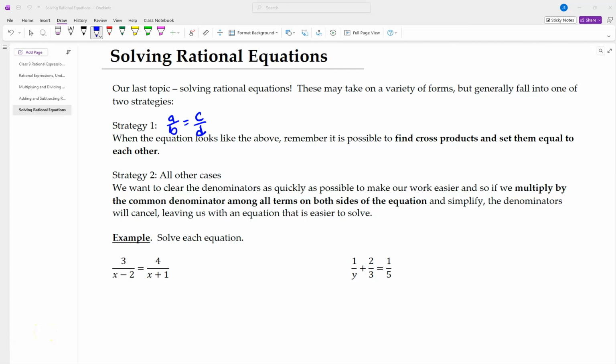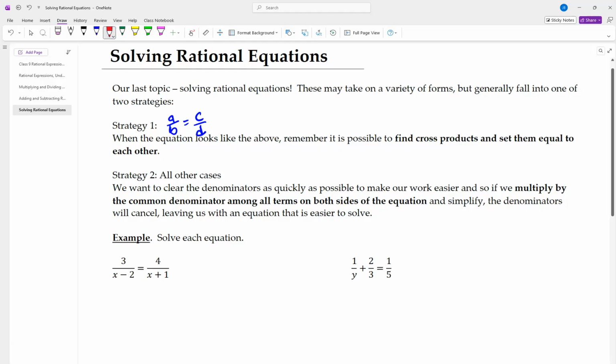Our last topic, and everything that we've done with rational expressions, builds into solving rational equations. So we're going to solve some equations, and in doing so, we are going to look at a couple of different strategies. One strategy here is, if you have fraction equals fraction, or rational expression equals rational expression, then do